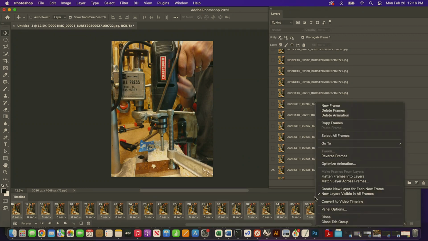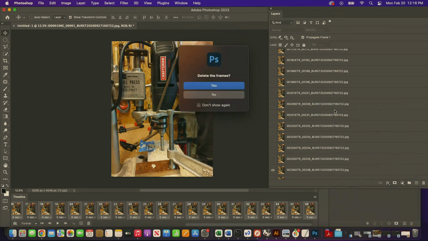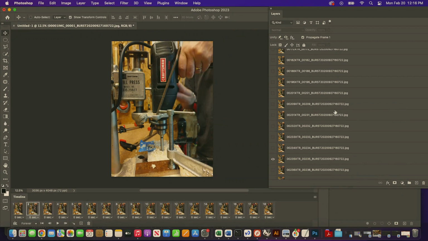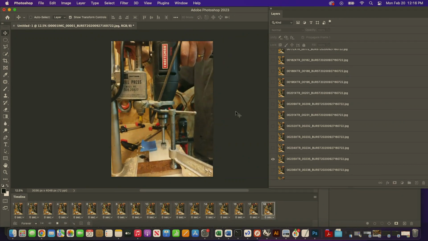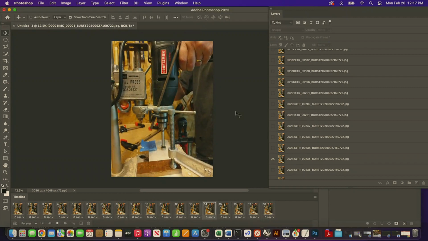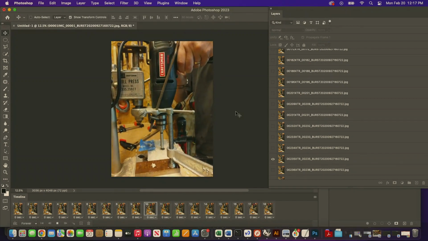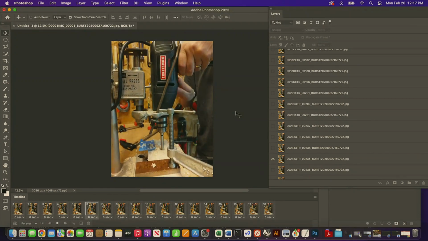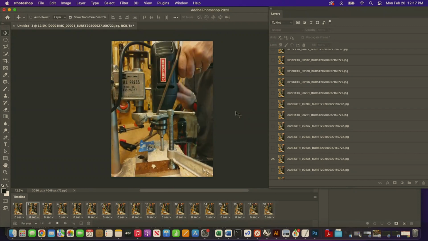So I'm going to go over here to the side and opt for delete frames. Delete the frames, yes please. And so now I have a much faster GIF, it appears faster because it's going through the same movement in fewer frames. And it's also,